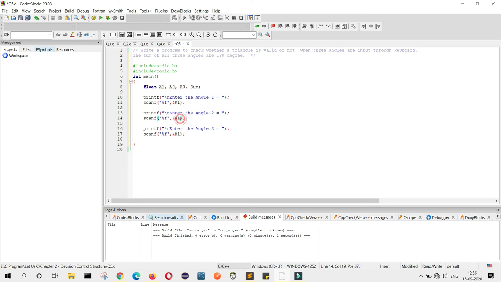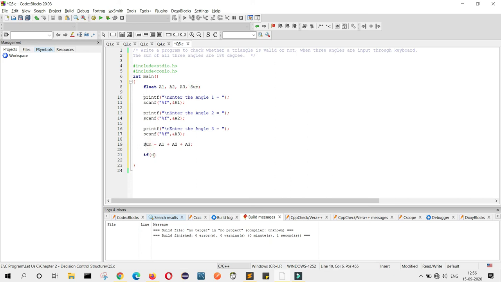This should be A2 and this should be A3. Here we find the sum. Sum equals A1 plus A2 plus A3. Here Sum has capital S, so here also S is capital.